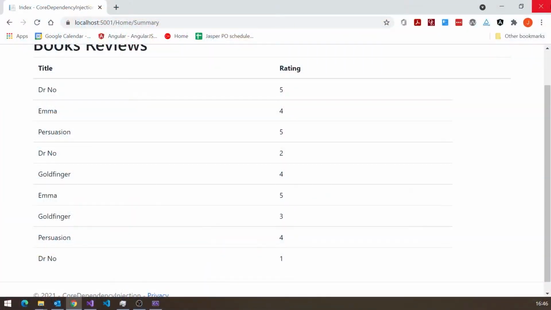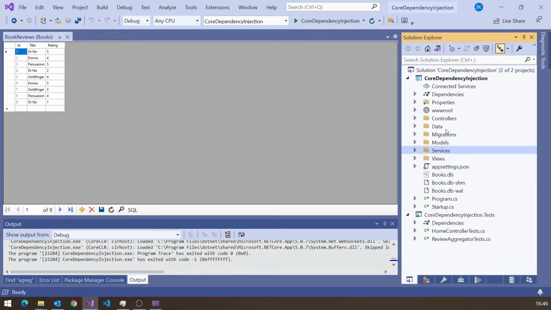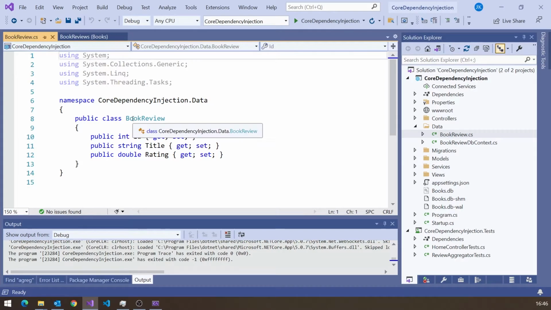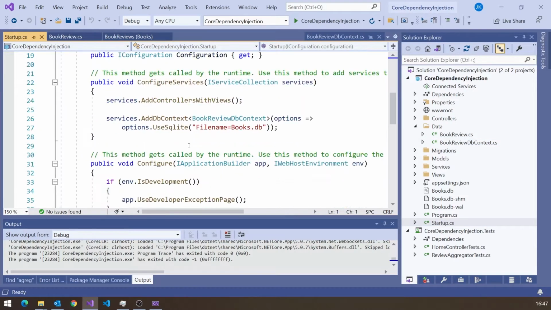Now, as the program stands, all I've done here is I've got my book review entity, so just an ID and then title and rating, and then I've created a DB context that just has that list of book reviews, and then in startup I have configured that as a DB context using SQLite in there.